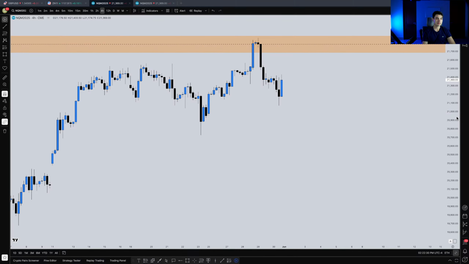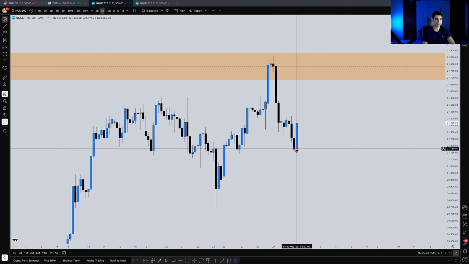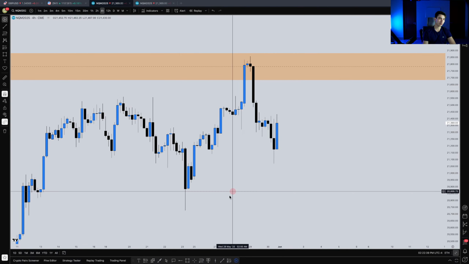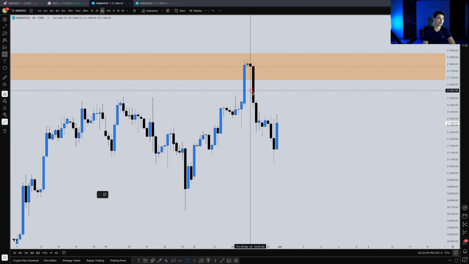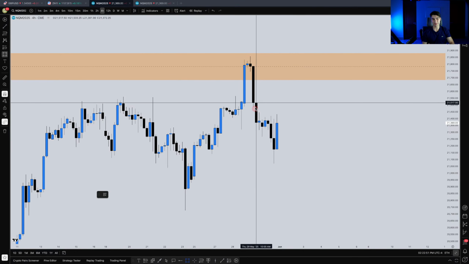Dropping down into the 4-hour chart here. Again, that daily bullish order block, nailed that, and then the market is rallying. So what I'm watching right now, and then Friday gave a really nice long setup for me in the morning session. Looking at the 4-hour chart here, we have a balanced price range here with this fair value gap. The overlapping of these inefficiencies creates a balanced price range.